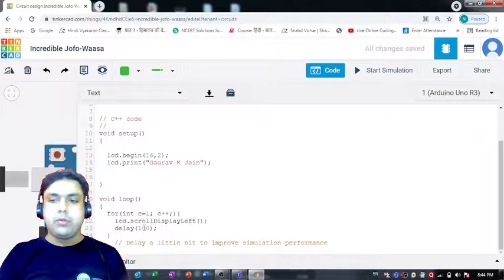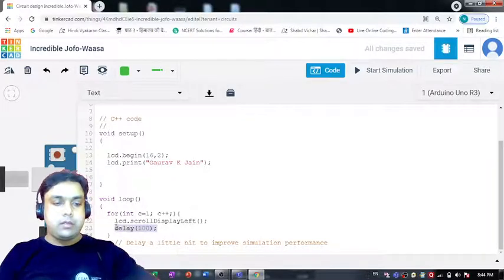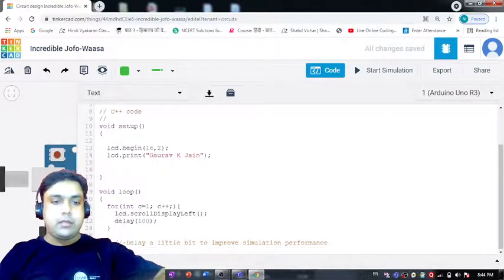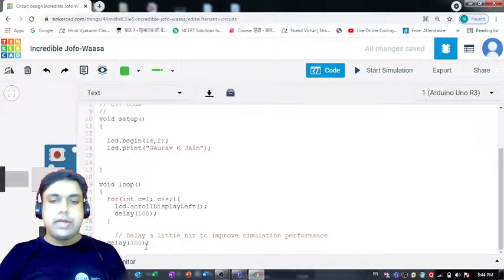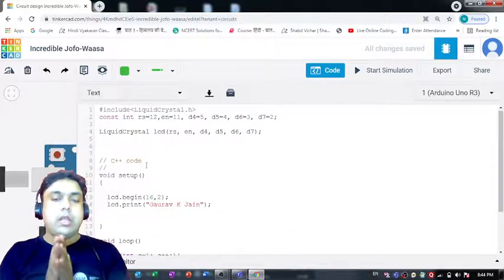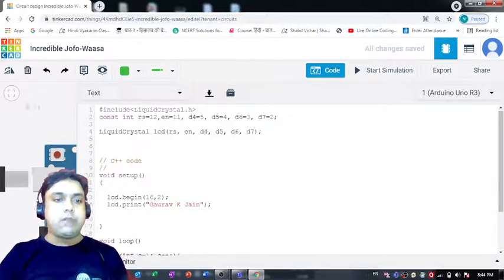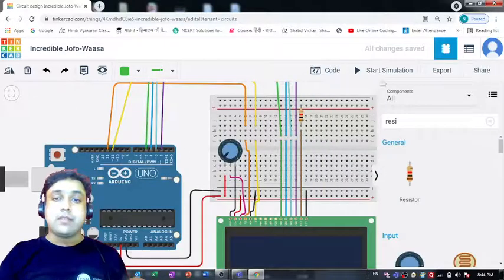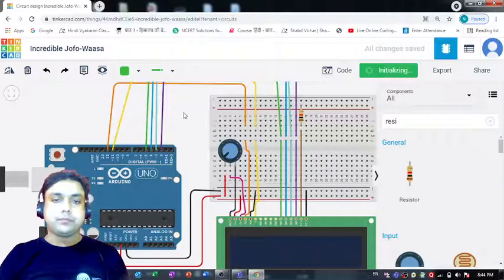I think that will be good. And once the for loop is over, we can again define some delay right at the end. So I would like to have a delay of at least 5 seconds. That will be great, I think. Okay, so that's the code. Now let me see whether this code is going to give me the correct output or not. Let's start the simulation process.